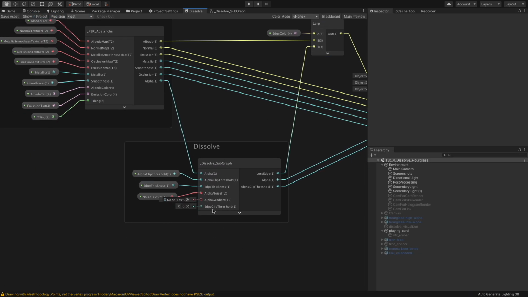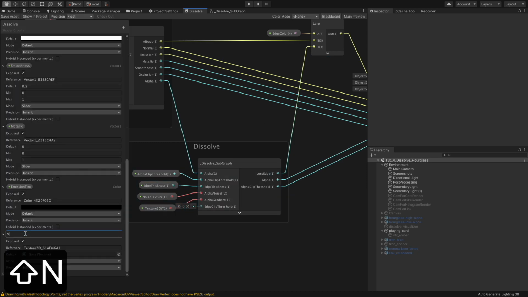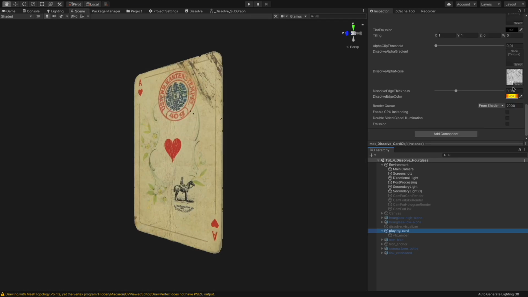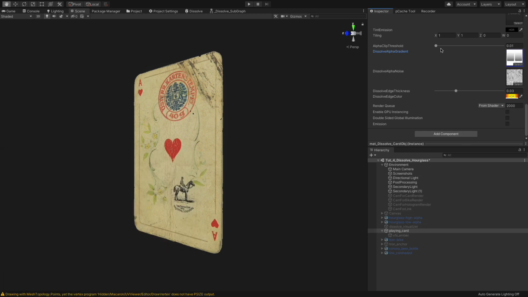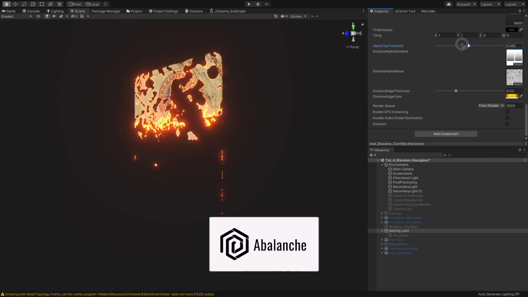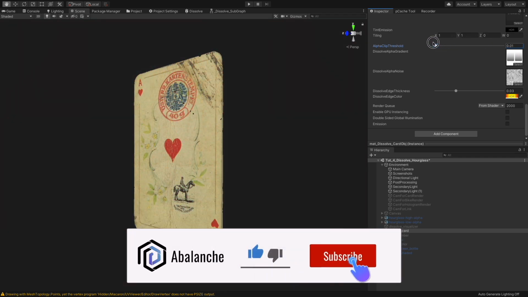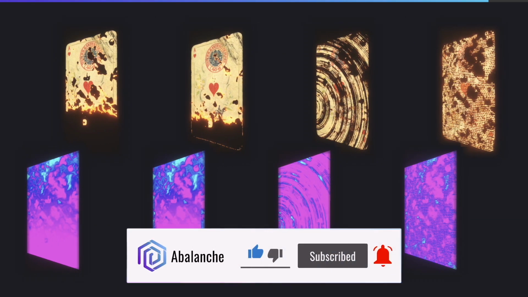One more plus point of subgraph: when you update it, all the shader graphs using it will get the update too. Make this gradient texture exposed in the inspector, then you will find that it's super easy to change the dissolving direction by just swapping the gradient texture. Excellent! You should be proud of yourself after all of this hard work, since it's already 200% completion.